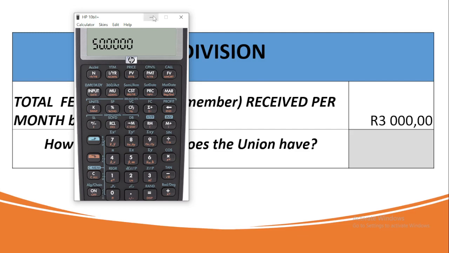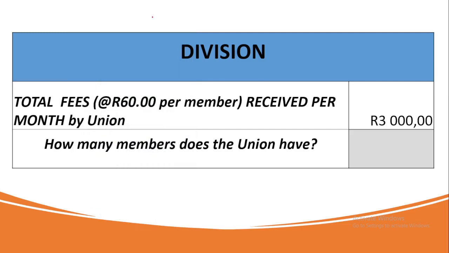So if we're asked how much the union was making over the year, that will be 3000 times 12, meaning that we'll then get to say, okay, this is how much the union was making over the year. So the union is making 36,000 over the year. So that is 100% correct. There is a skill that you can use, but because these days life has been made simple, we use our financial calculators or our scientific calculator to solve this. But back then, you just go and say